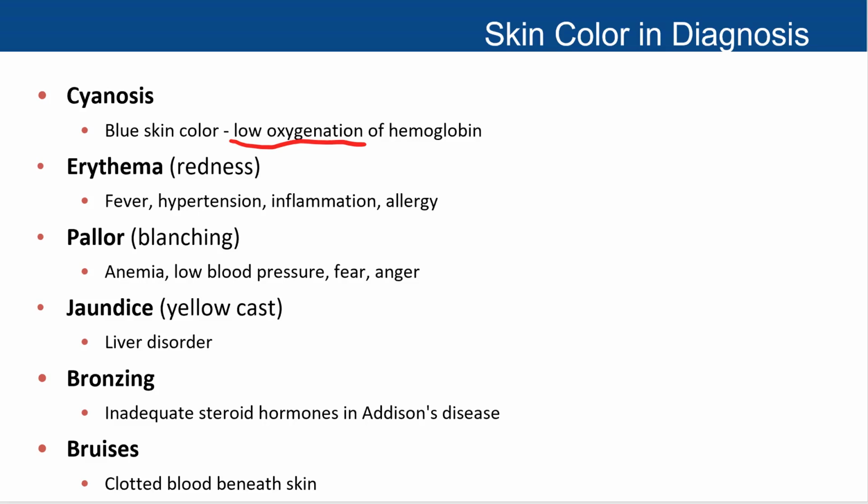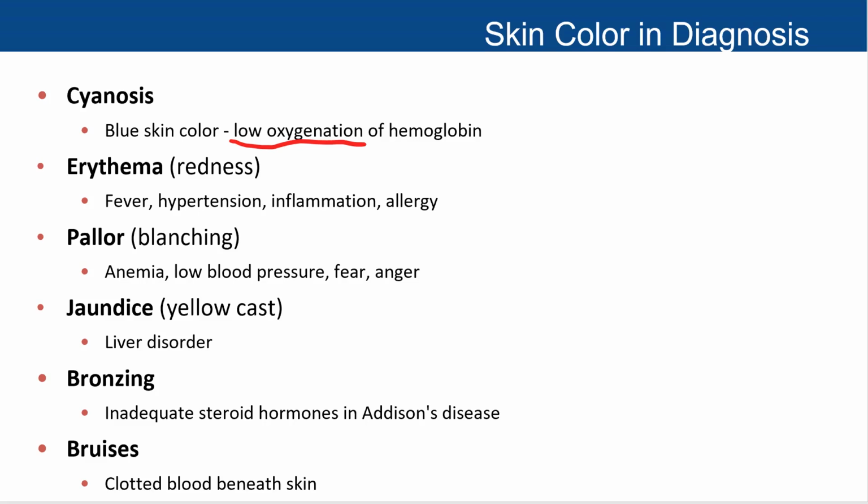Pallor is a pale color of the skin that can be caused by anemia, low blood pressure, fear, and anger. Jaundice skin is a yellow skin because of a high level of bilirubin, a yellow-orange bile pigment, caused by liver